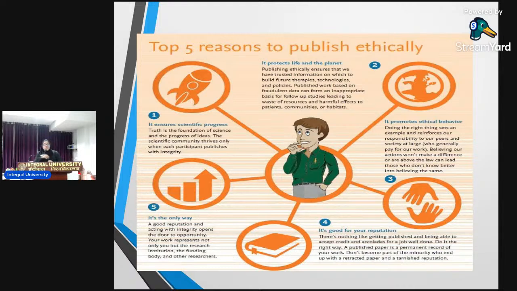Yes. So when we adhere to these ethical principles, we'll be able to build a culture of trust, right? It promotes ethical behavior. If your work is done ethically, and the information in the publications is disseminated ethically, it will build a culture of trust. So don't you strive for an honest culture? Yes, we all do, right? We all crave a culture where we do not have this mistrust on different findings, right?